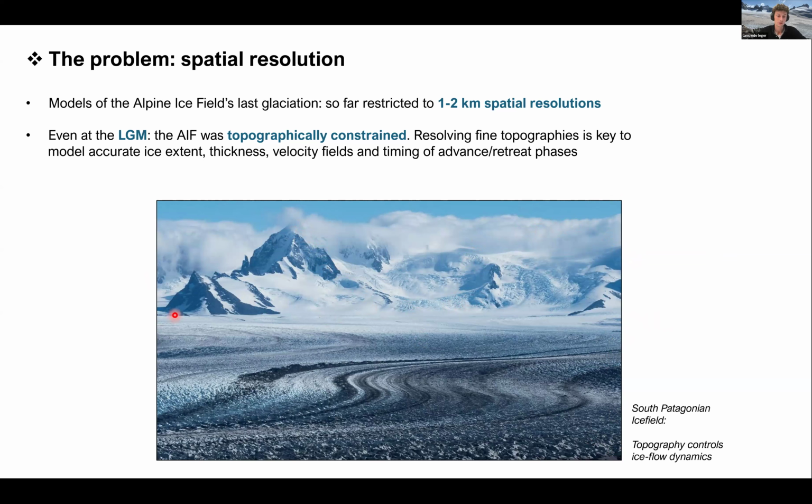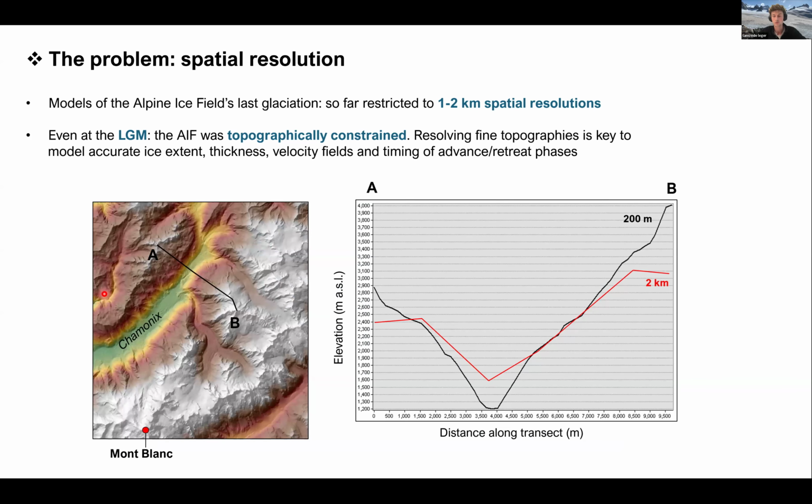The problem is that when we've been modeling the entire European Alpine Ice Field so far at the LGM, we've been restricted to resolutions of 1 to 2 kilometers. The best models and the best studies have been restricted to 1 to 2 kilometer spatial resolutions. However, when you take a topography and smooth it to 1 to 2 kilometers or resample it, you get this smoothing effect, which completely modifies topography. I'm sure everyone here is very